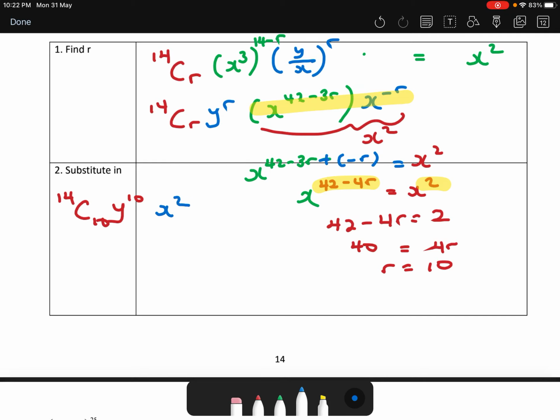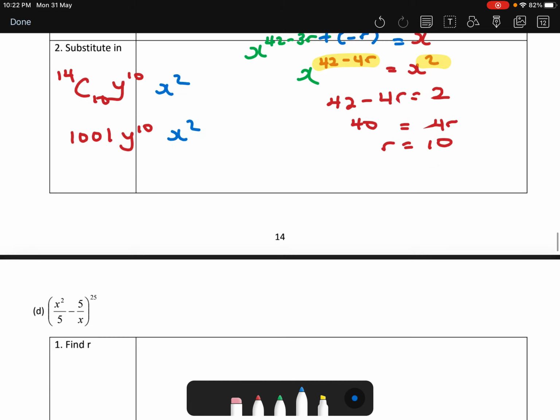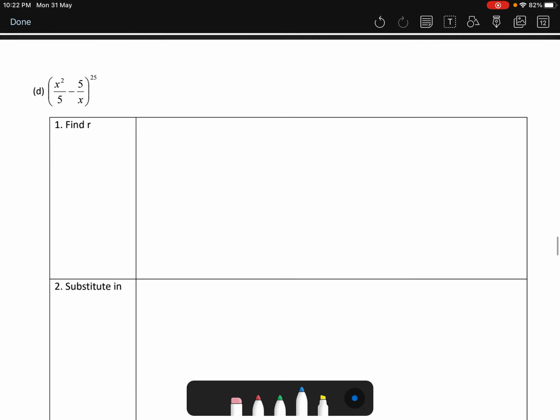Okay, so 14 choose 10, let's calculate. You should get about 1001. Y to the power of 10 x squared. Okay, so this will be your x squared term. Alright. Okay, so yeah, so let's try one more example. Okay, so x to the power of 5 over 5 minus 5 over x bracket to the power of